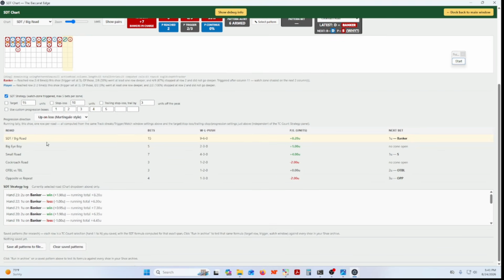Let's get back to this. So the big road is up 8 units, big eye boy up 1 unit, small road up 4 units, down 2 units, unchanged, and down 2 units. Now I always talk about this to people that play baccarat. Let's say you're up 4 units and you've been playing for 3, 4 hours and you're ready to go home. And the average bet is $25 now. If you're up $100,